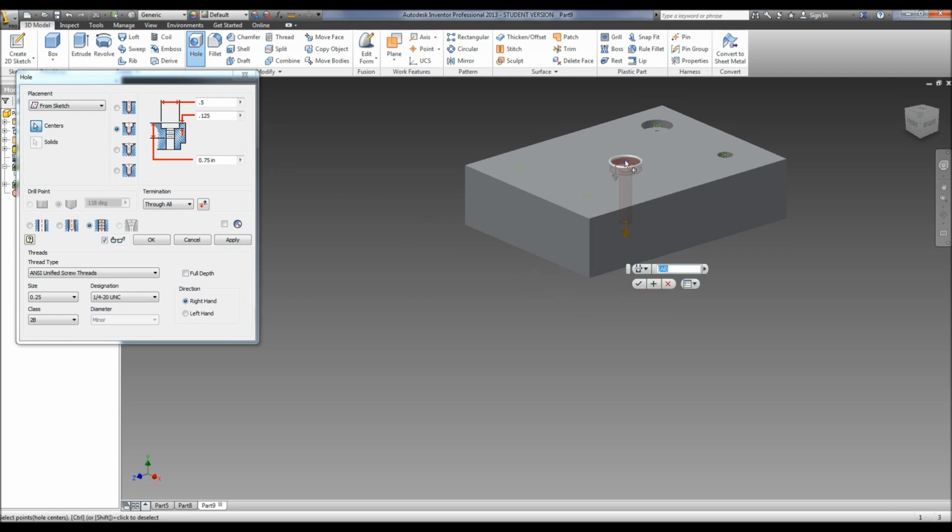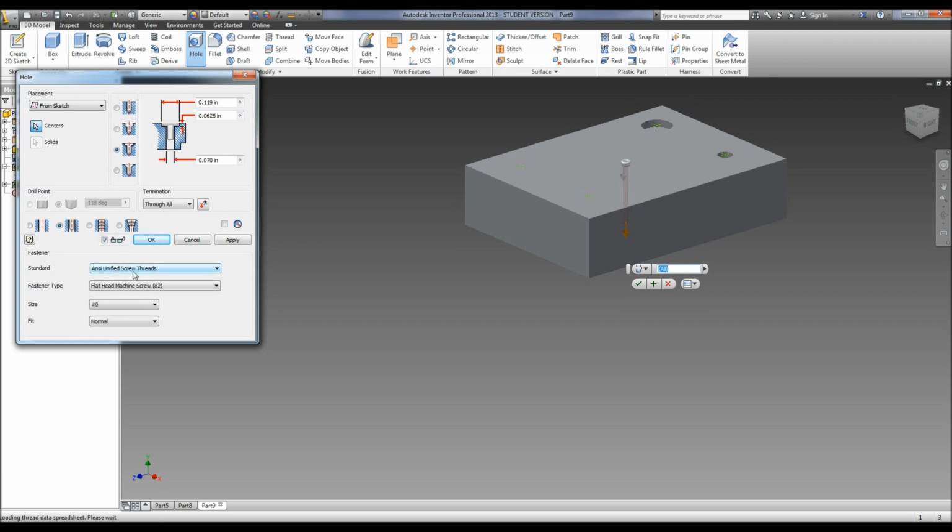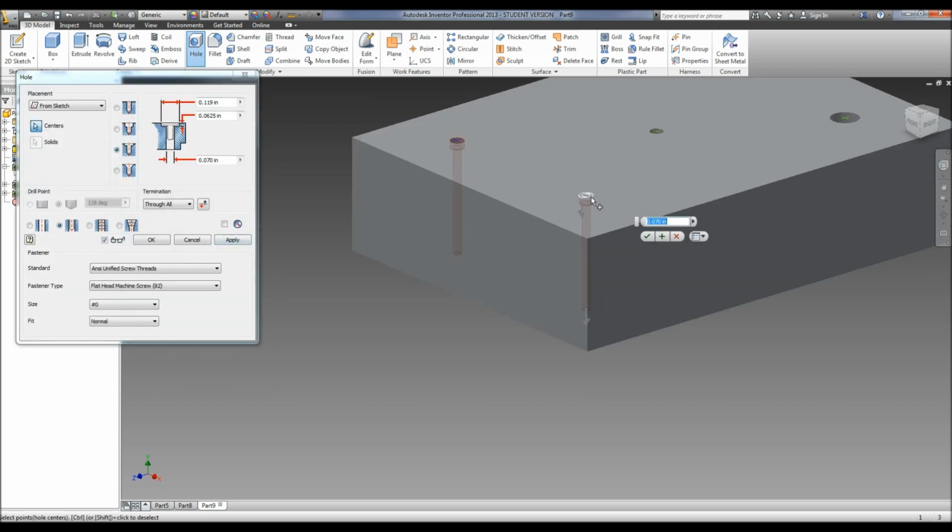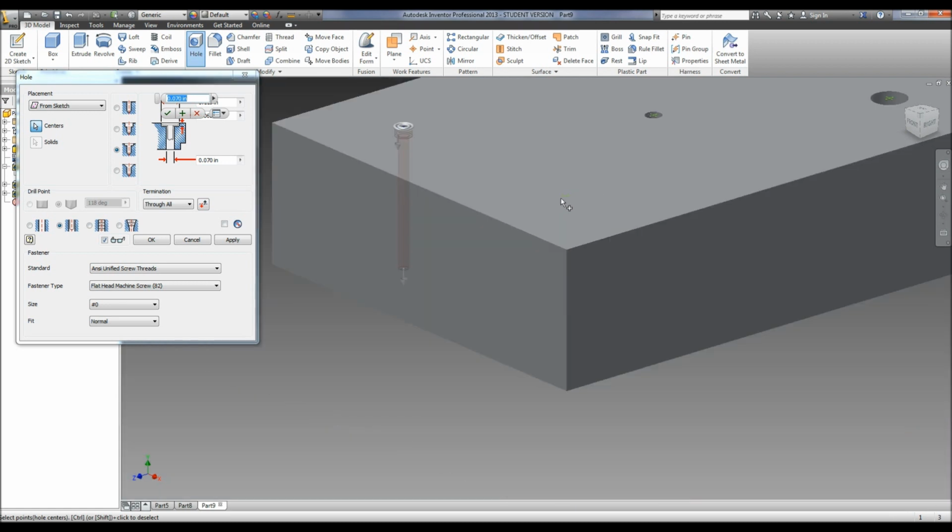Deselect them again, and we'll do a spot face hole. It's basically the same as a counterbore hole. The depth generally is a lot shallower, but it's pretty much the exact same. So we'll do a clearance hole. Again, that changes kind of how it looks, but it's a flathead machine screw, size 0. We don't really use clearance hole very much, but it's there, if we ever need it. You can hit apply on that one, and again you can zoom in here and deselect this hole, and now